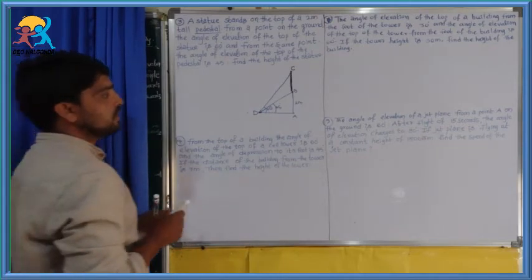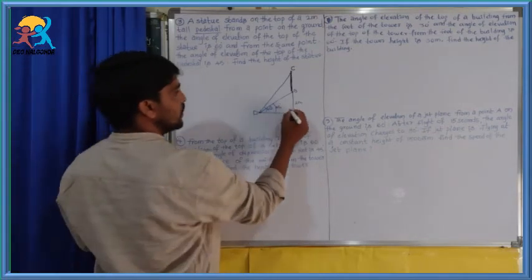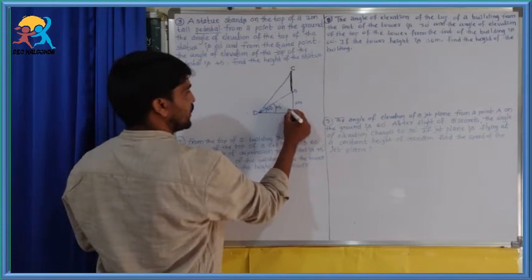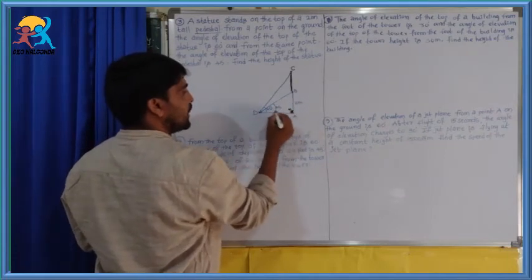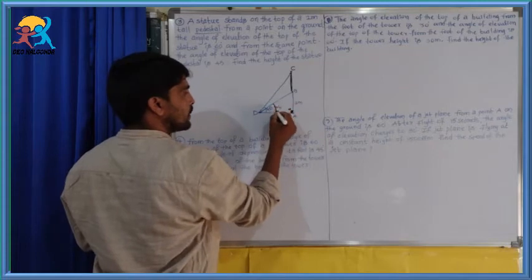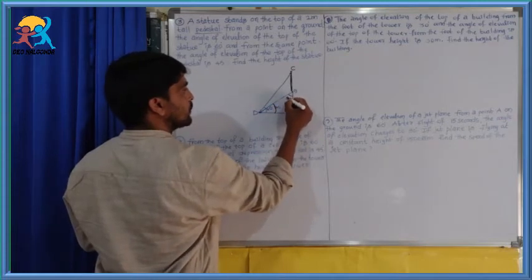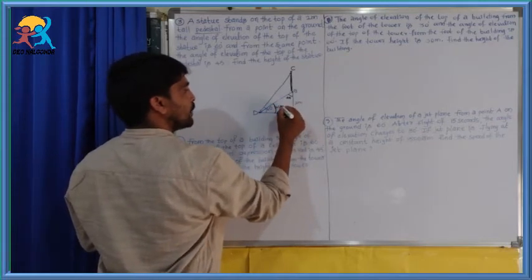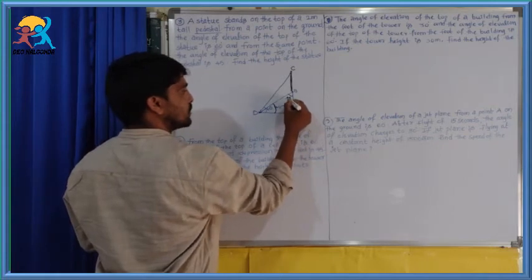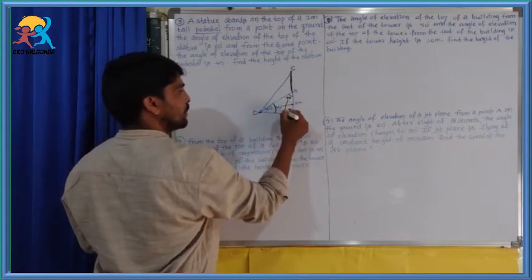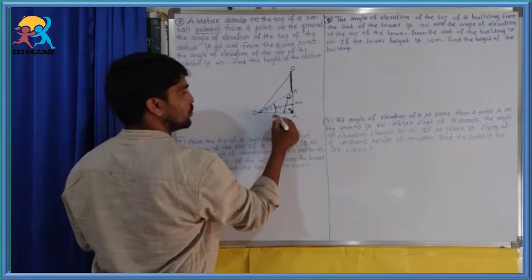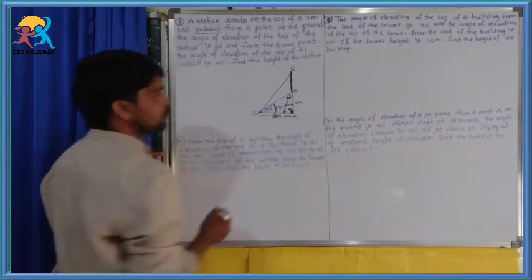Let us find the height of the statue. See this. This is 90 degrees. In triangle DAB, it is 45, then it is also 45. The side opposite 45 is 2 meters. That is 1 unit. Again, this 45 opposite side is also 2 meters. AD is also 2 meters.